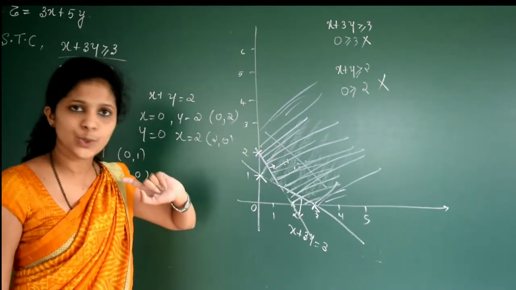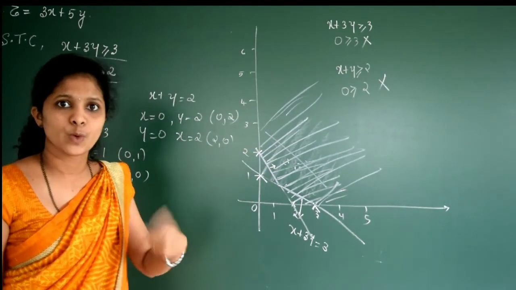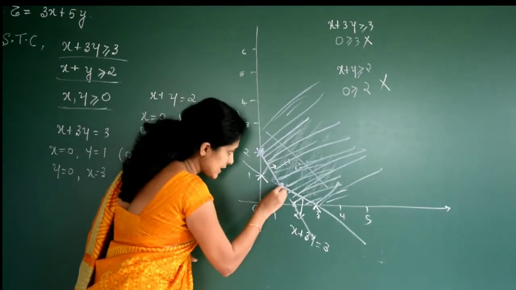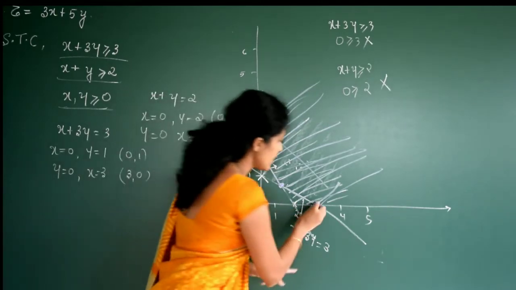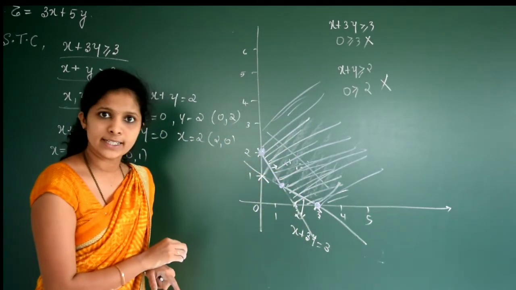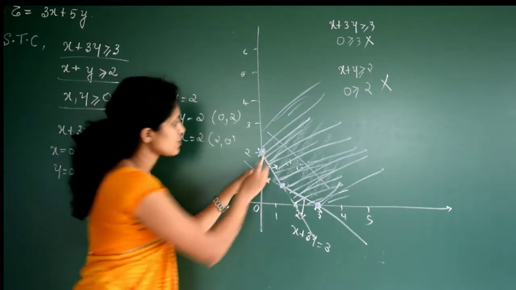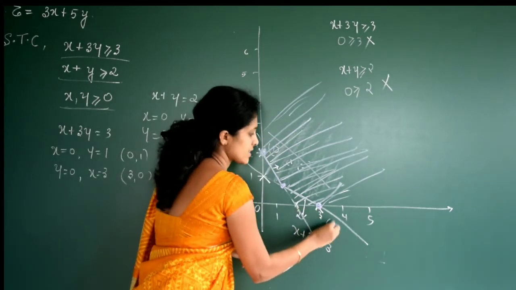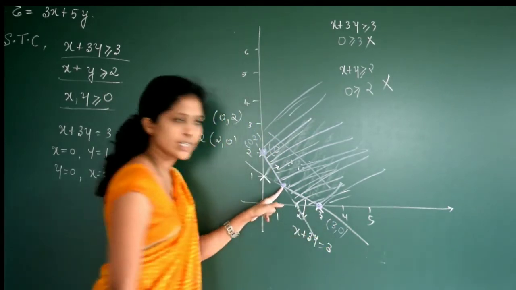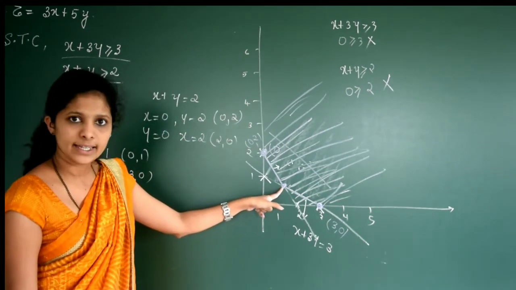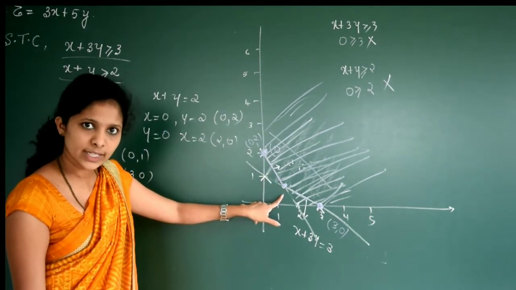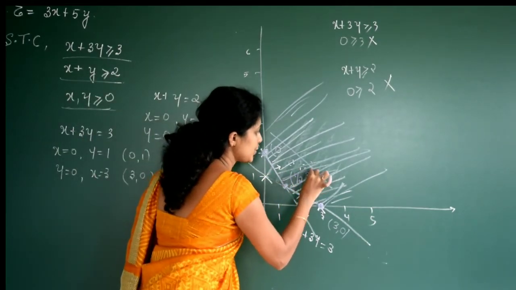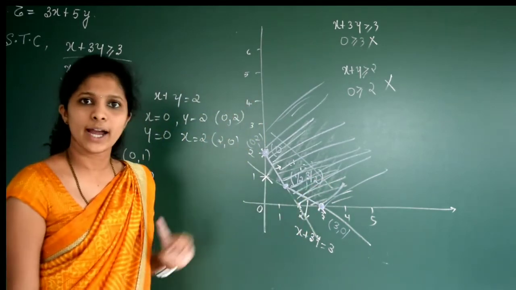Before that, what you have to find? You have to find the corner points. What are the corner points here? This is one corner point, and this intersection point will be a corner point, and then this is the corner point. Is it clear? So what are these points? This point is x-axis 0 and y-axis 2. And this point is x-axis 3 and y-axis 0. And check this point in your graph. Either you solve those two equations to get the value, or check in your graph. I think this will be 1 by 2 and 3 by 2. Clear? So the point is (1/2, 3/2).